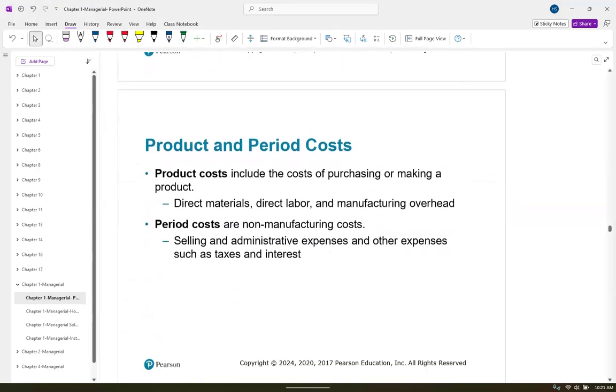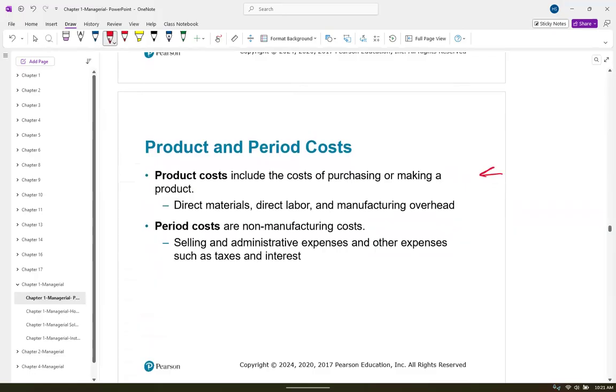Okay, what we've talked about up to this point is all product cost. Period costs are everything that's not a product cost. Okay, the accountant's salary, administrative expenses, the utilities on the office building are period costs. Utilities on the factory are going to go into a product cost. Okay. So period costs are non-manufacturing costs. They don't go into making the product. Okay. Selling. You may have a salesman selling those products. Okay. So those are all period costs.